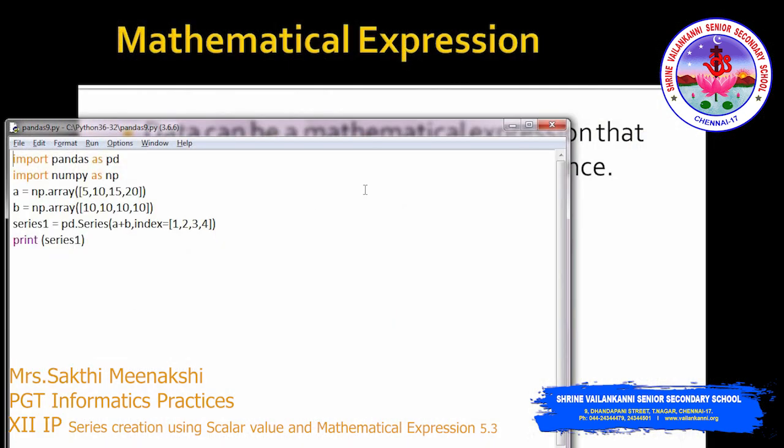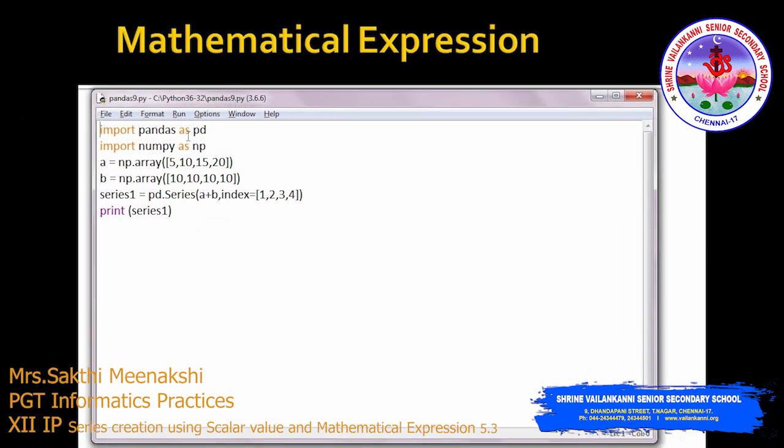This is my program. Here I am using 2 modules, the pandas module and the numpy module. First, a is my array. Using the array method I am creating an array with 4 elements: 5, 10, 15 and 20, and b is another array, and this contains the value 10.